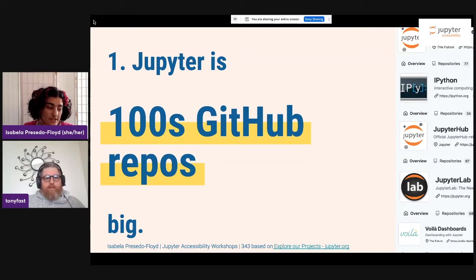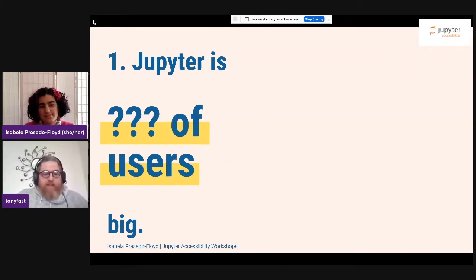That's not considering what I consider the community, which includes extensions, and when people are just working on it right outside of the code. But similarly, I couldn't find reliable numbers on the number of users,